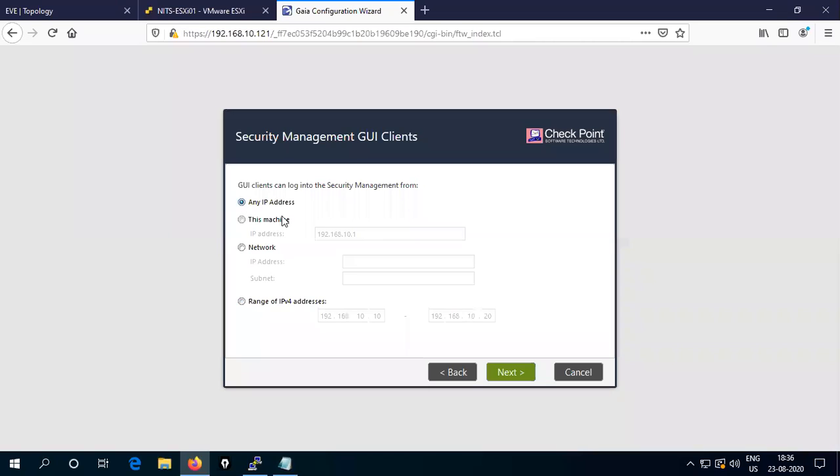Right now I am putting any IP address. Later on we will see. Later also you can change this, okay? It's not just once. Later also you can change it. So next,